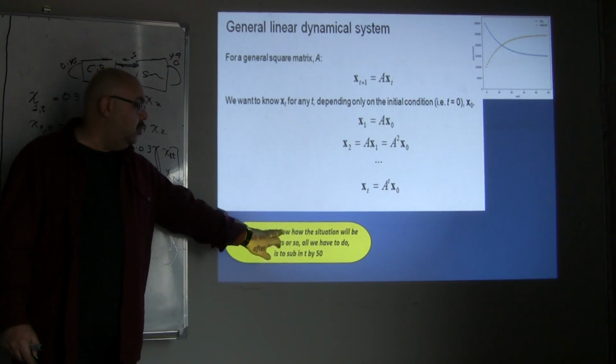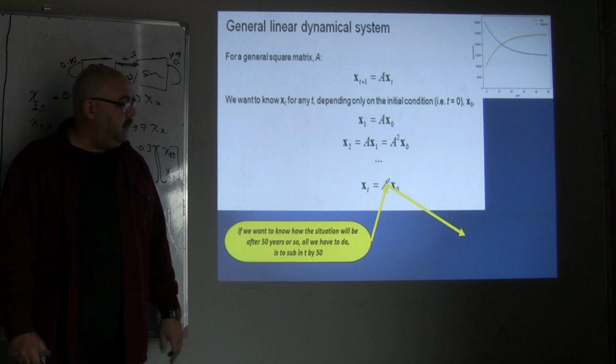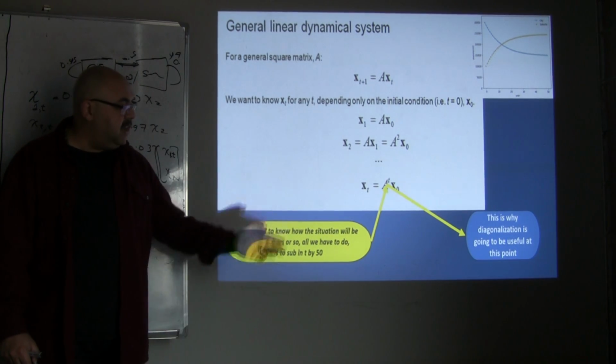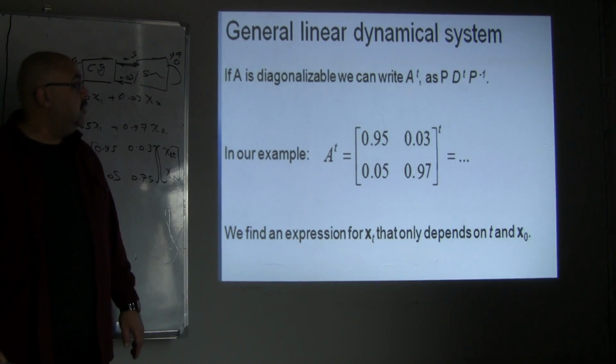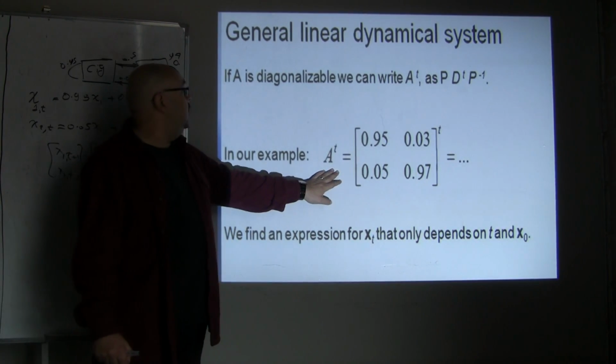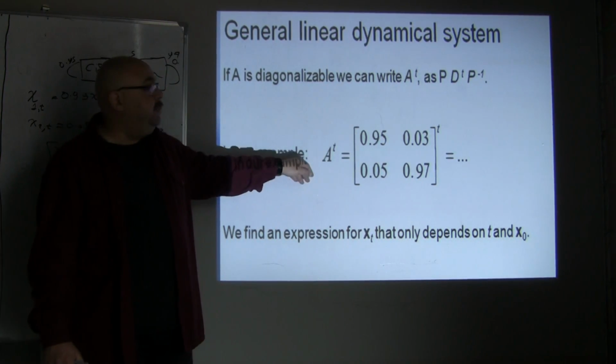If we want to know how the situation will be after 50 years, all I have to do is replace the t by 50, and this is how I can get the distribution that I want. This is the matrix that we want, and we want to take advantage of this relation. If you look,